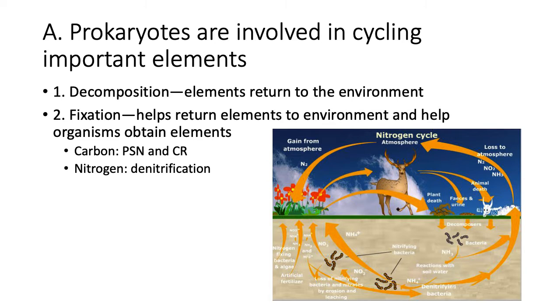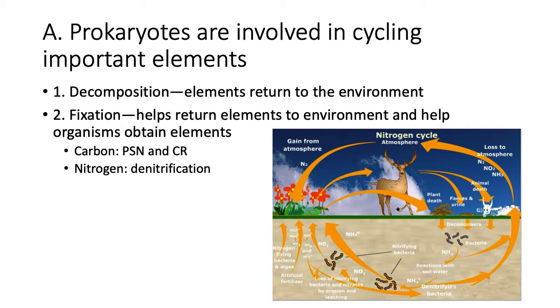Okay. So prokaryotes are involved in cycling of elements or nutrients, like decomposition. So bacteria, they're big decomposers. When things die, we have atoms that are locked up in that organism, and so these bacteria come and they break it down and recycle those elements so that they can be reused for other things.